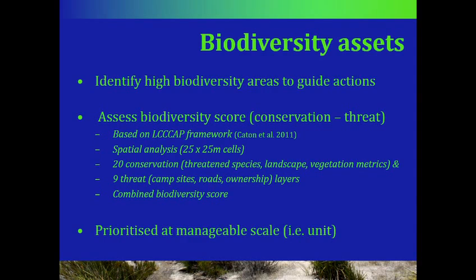In terms of the threat categories, there were campsites, all the things that you sort of think would pose weed threats, roads, and obviously the ownership. If it was within a park, the Coorong National Park, you'd hope you had a lot better chance of being able to get it controlled than if it was on a neighbour's fence over the road.